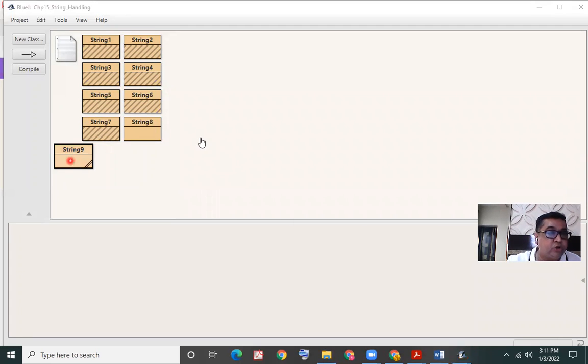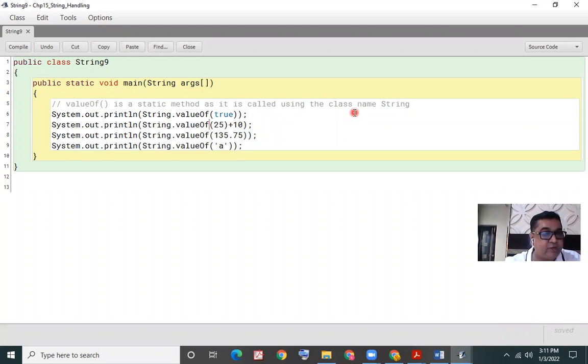Students, I just tried to demonstrate that valueOf, in the first place, converted this integer 25 to a string, and along with that it concatenated 1 and 0. So this 25 was not actually taken as an integer value, and this 10 was not added to make 35. We saw that the result we obtained was 2510. So valueOf converts any type of value into a string value.